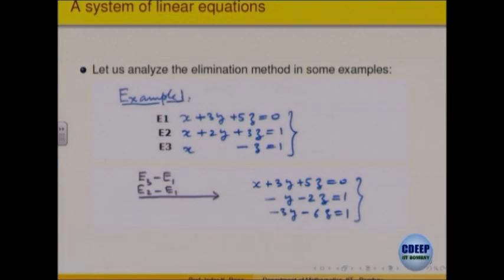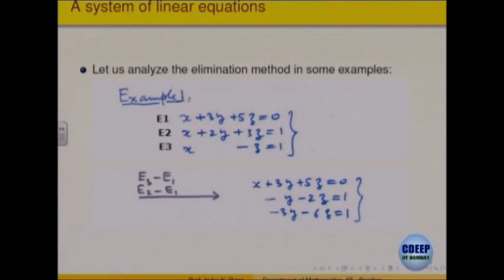So, we do these operations. Here, for example, we have eliminated x from the equations. The first equation remains as it is. In the second equation we have done E2 minus E1, and the operation on the third is E3 minus E1. So, we have just taken linear combinations of the equations, so the solutions will not change. Whenever you take a linear combination of any two or more of the equations, the solution does not change, but it results in a system which may have a lesser number of variables.